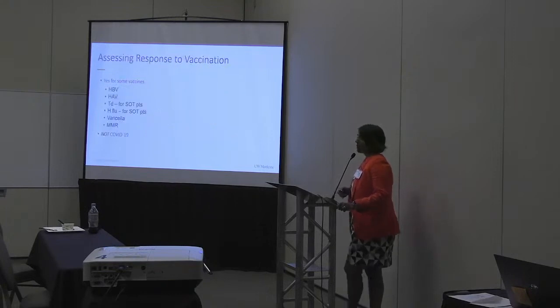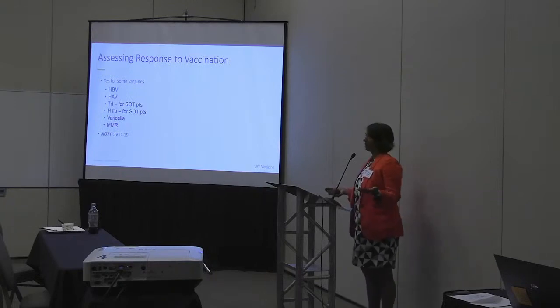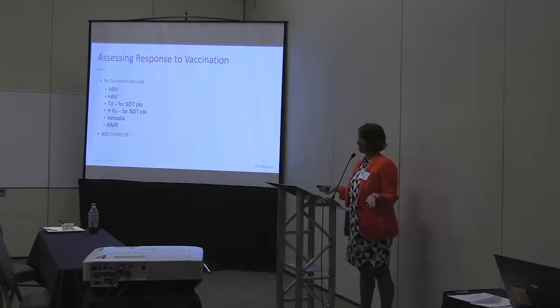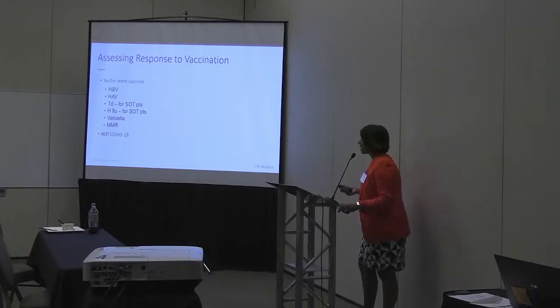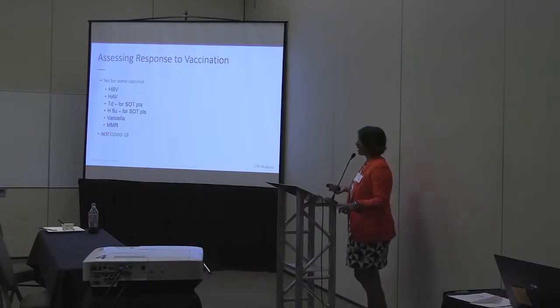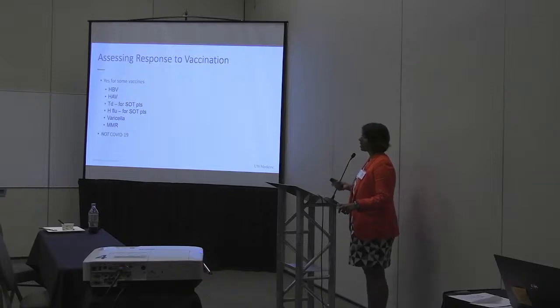Assessing immune response. So for the most part, we don't check titers for most vaccines in immunocompetent hosts. That's not something we do because there's been data in clinical trials that suggests that immunocompetent hosts respond well to these vaccines, and there's not really a reason to check. However, some vaccines we do like to check, particularly in immunocompromised hosts, because we are concerned about whether they're really protected or not. And because there could be additional strategies for an alternative vaccine regimen, for instance, that we could do if they haven't responded.